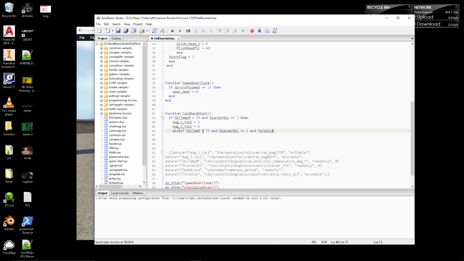So if oil temperature is less than 33 and starter hit equals 1 and throttle is greater than, I don't know, let's see. So it's 0 to 1. 1 is full throttle, 0 is no throttle, and we want it cracked about a half inch. So I'm going to say 0.15. So if throttle ratio is 0.15, then